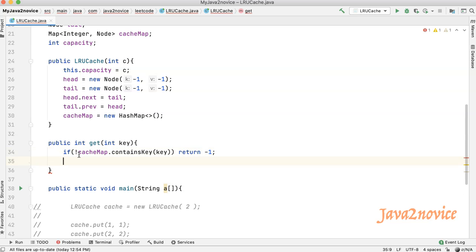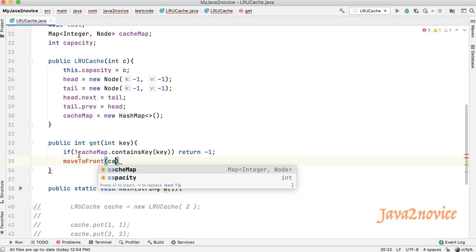Since the element is accessed, move it to the front. I mean, this element became the most recently accessed, so move it to the front. We will declare a method later, but I'll just draft it here. Move to front, which takes node as a reference.